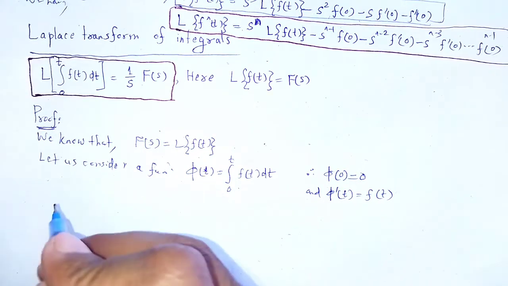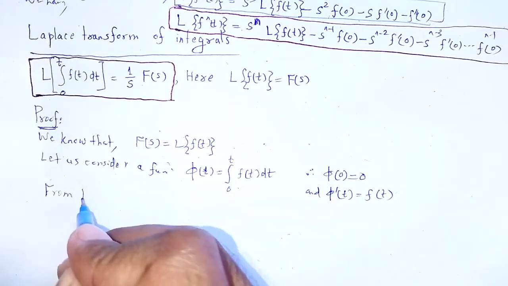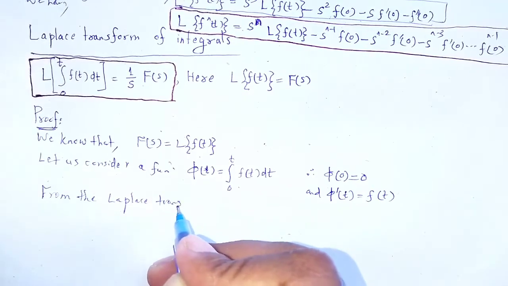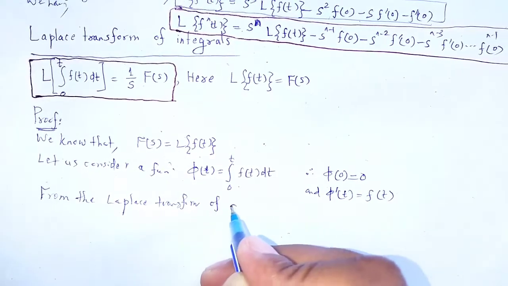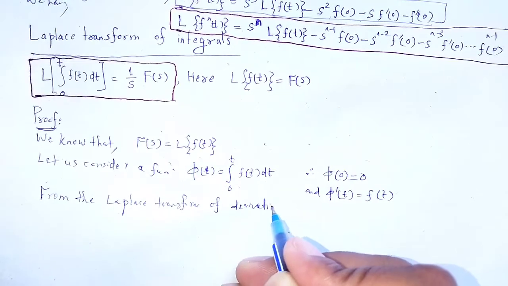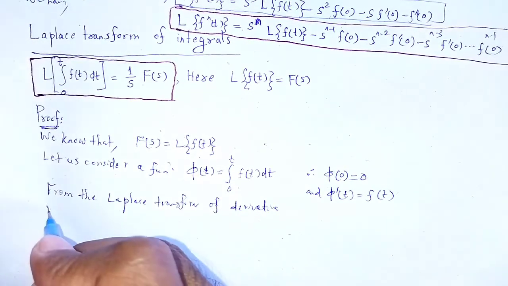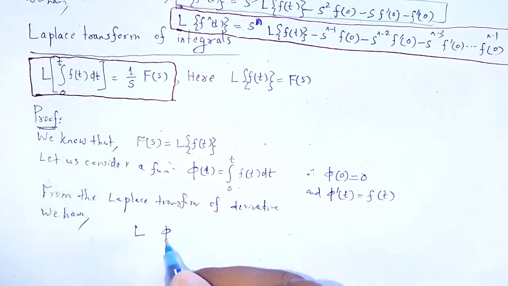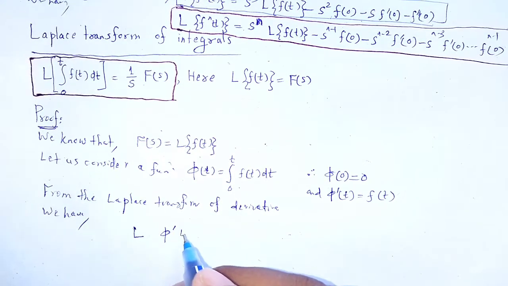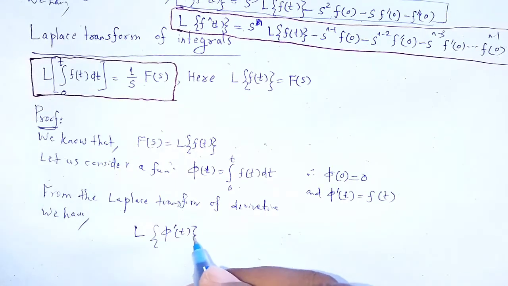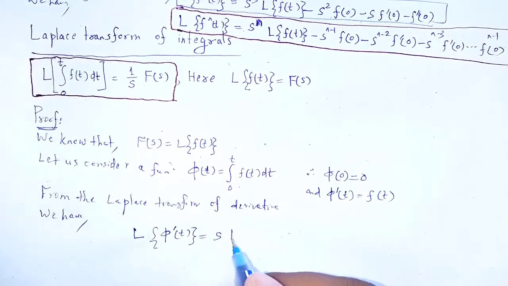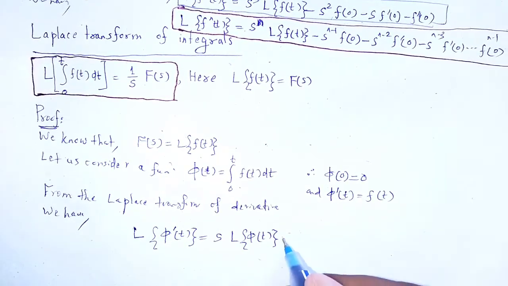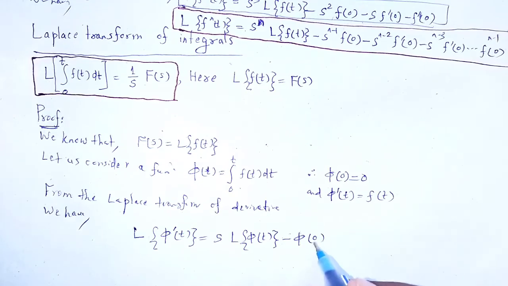From the Laplace transform of a derivative, we have the Laplace transform of the derivative function phi dash t is equal to s times the Laplace transform of phi(t) minus phi at 0,